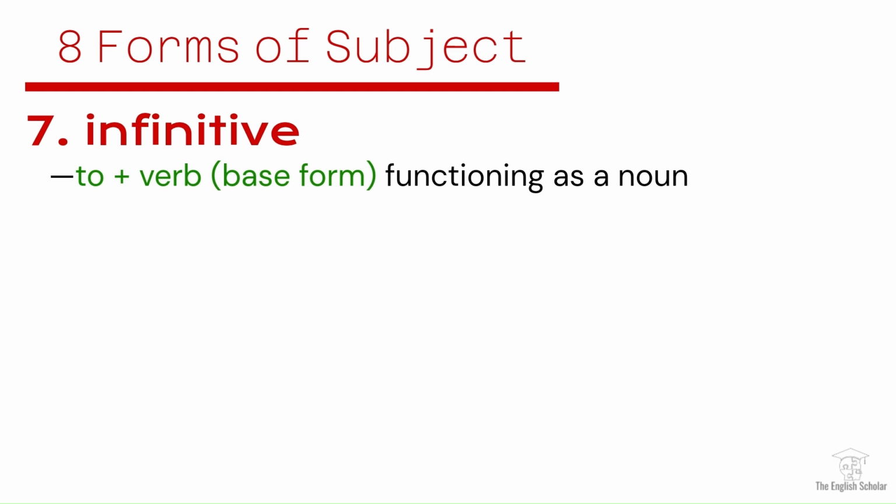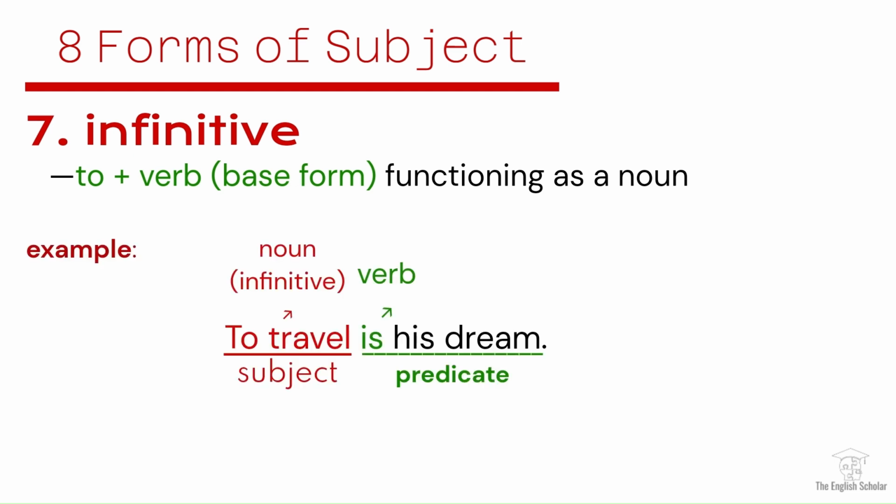Next, we have the seventh form, which is the infinitive. An infinitive is the base form of a verb preceded by the word to. It can also function as a noun and act as the subject of a sentence. For example, to travel is his dream. In this sentence, to travel is the infinitive and functions as the subject. It represents the action or concept of traveling, which is the speaker's dream, and it answers the question, what is